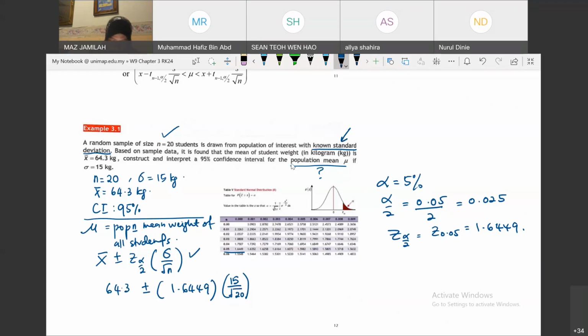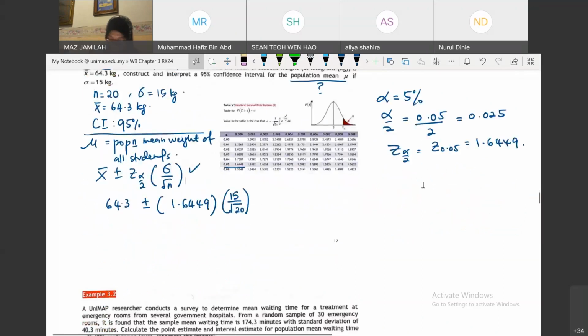If you look at the answer in your textbook, you will get this. 64.3 plus minus the margin of error, which is 6.57. So you will get 57.73